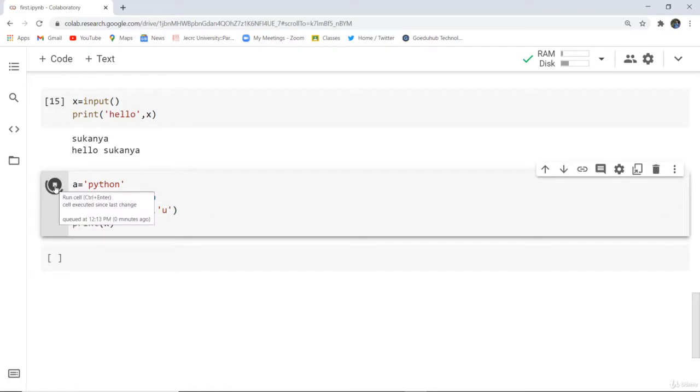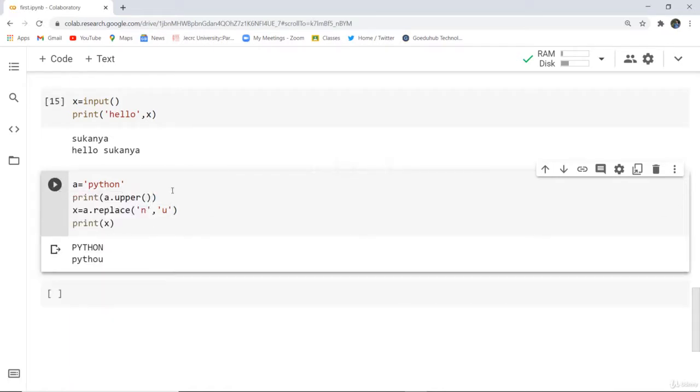So as I execute this particular line, here you can see that firstly the upper is being displayed, that okay, this is an uppercase, it is changed, and then the N is replaced. You can see in Python N is replaced with U. So this is how replace actually works in Python. Now that doesn't mean that this particular string is changed, because strings are actually immutable in nature, which means you cannot change a string once it is replaced or once it is changed.